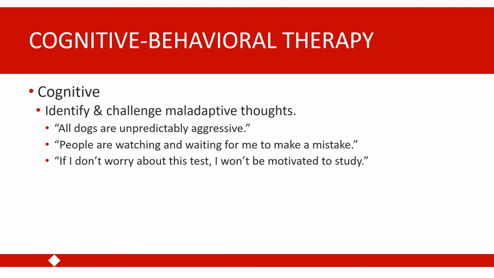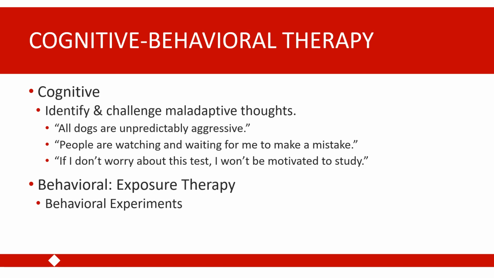And if you're treating someone with generalized anxiety disorder, you might be helping challenge their ideas about worry and helping them replace those beliefs with more adaptive beliefs about anxiety and other effective coping strategies. So these cognitive strategies that we saw, for example, the use of an automatic thought record like we used with the treatment of depressive disorders, will be combined with our behavioral strategies and exposure therapy. So one way that exposure therapy is often combined with cognitive therapy is something called behavioral experiments.